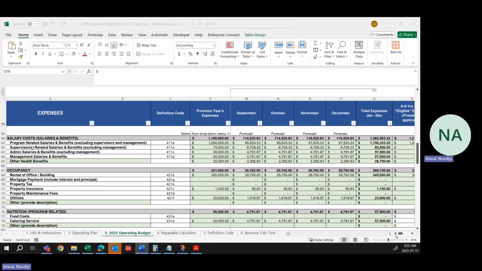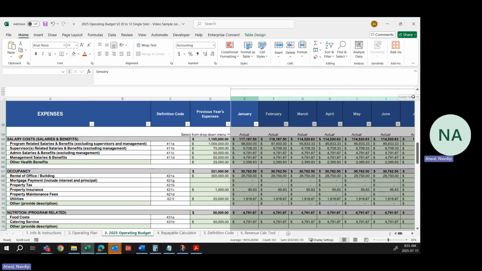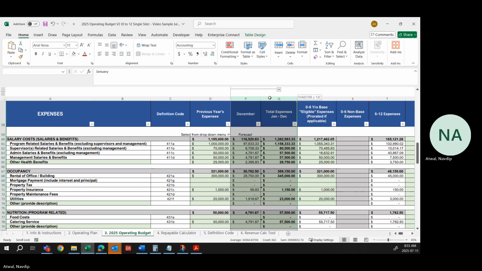Columns E to P, you can enter in your monthly expenses. Column Q adds the monthly expense. If not using our monthly budgeting, you can overwrite the formulas in column Q with your own totals from your own accounting records. Column R is the prorated amount for 0 to 6 base expenses. The proration method is a hybrid approach where salary,